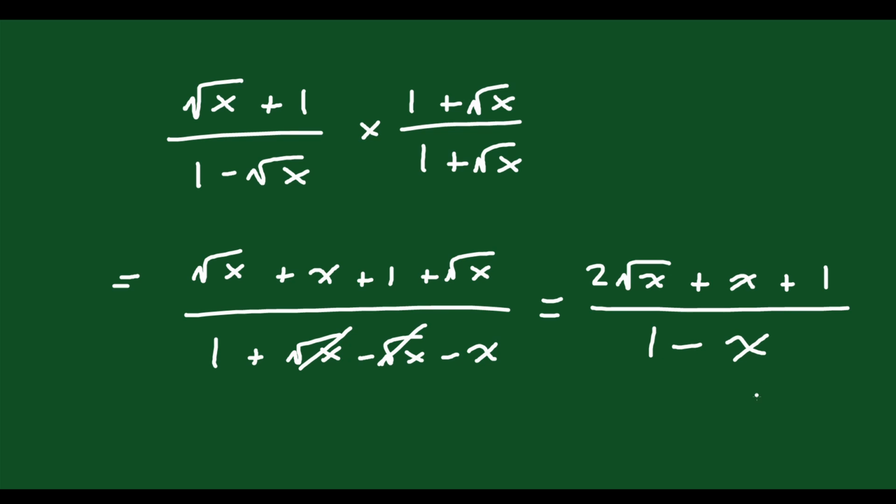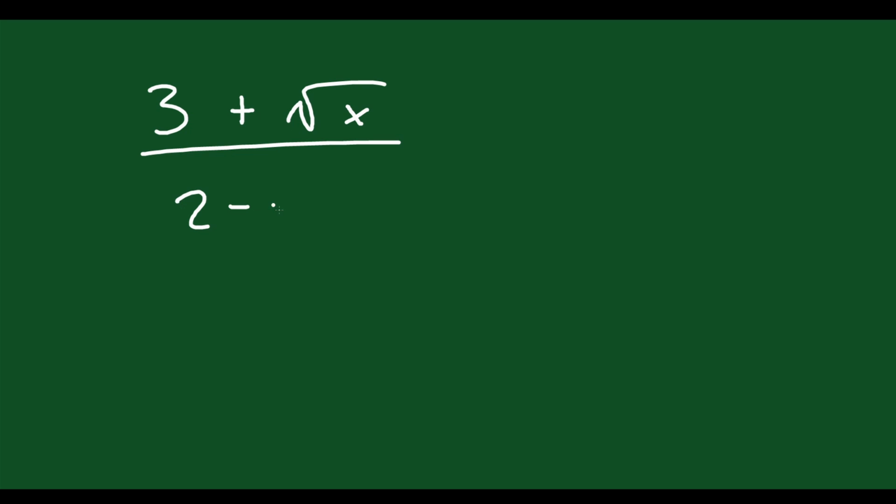Okay, so even though this might look a little bit more complex than what we had originally, it's better because we don't have the radical on the bottom, although I suppose better is subjective, but this is typically what teachers like to see. They don't want to have a radical in your denominator. Now, let's move on here. Let's say that we have 3 plus the square root of x divided by 2 minus square root of x. You just multiply that by 2 plus root x on the top and bottom,